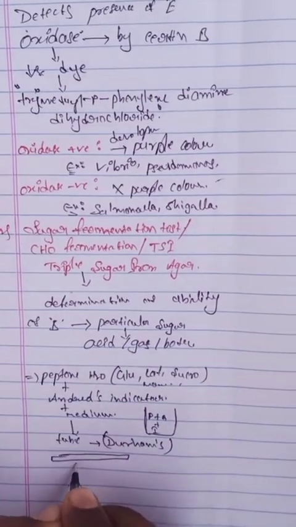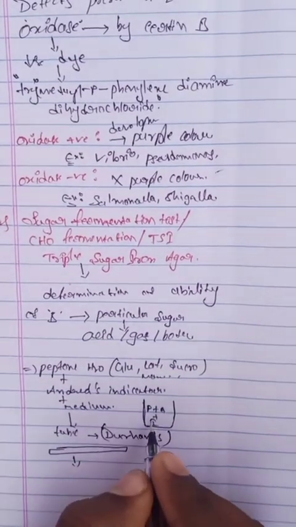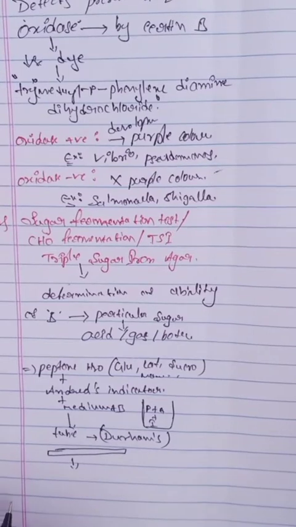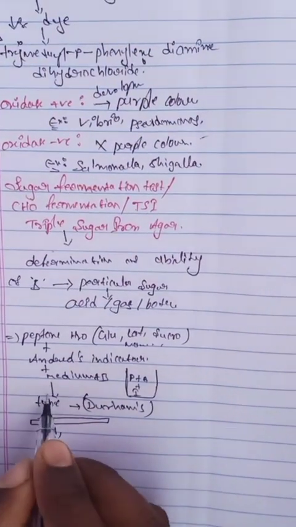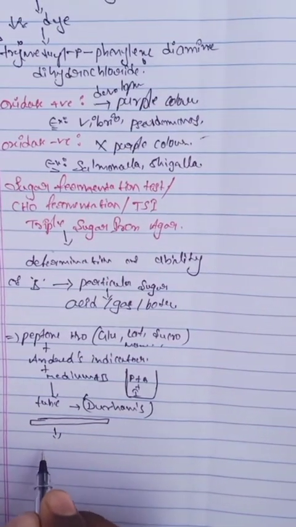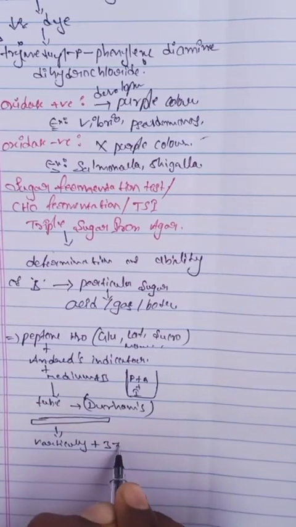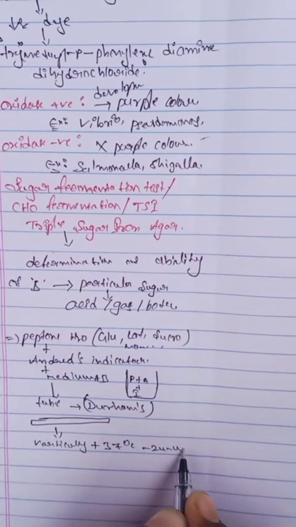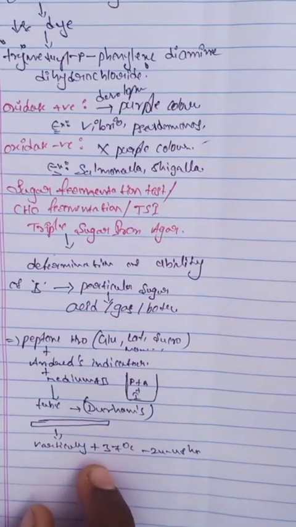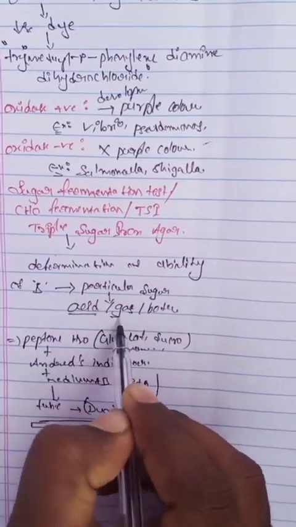So the test bacterium is inoculated into the sugar medium. We already added the bacteria in this medium. After that, this solution is transferred into a Durham tube and placed vertically at 37 degrees Celsius for 24 to 48 hours, which means 1 to 2 days. After that, it produces what: acid, gas, or both.